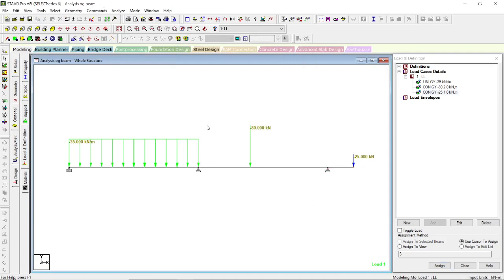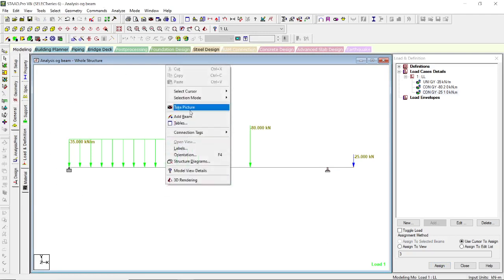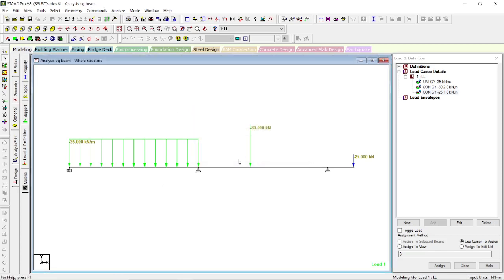Now we can view the load values on the screen. Now we can take the picture for future reference. Okay. That's all about modeling and assigning of property, supports and load values.